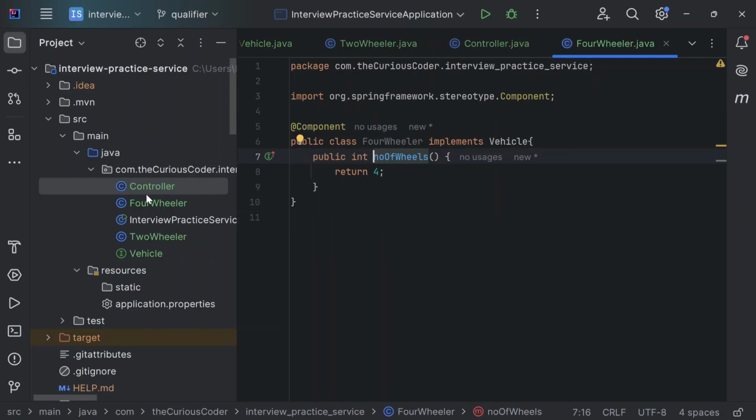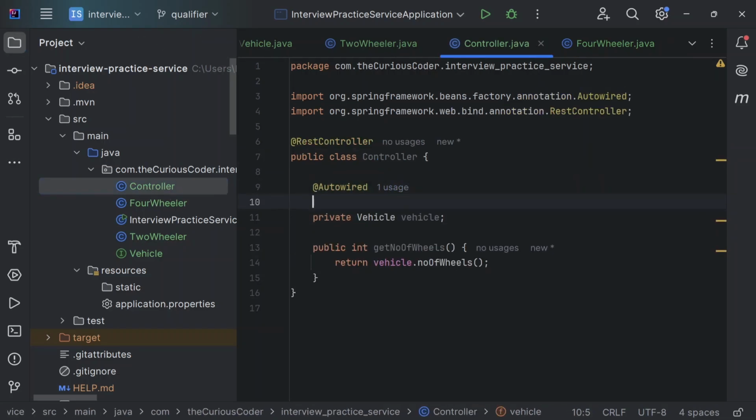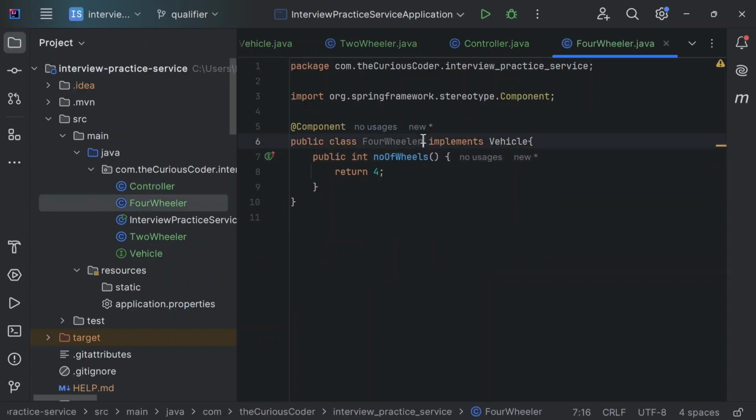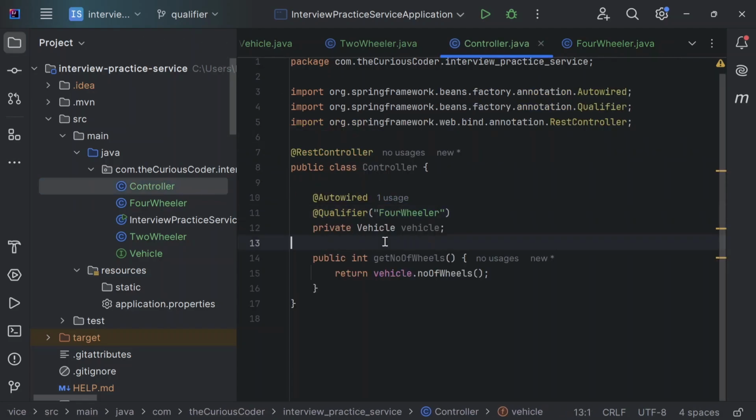So how to solve this? Here we'll use @Qualifier. It's very simple. I'll just add @Qualifier, and I will have to specify the bean name. I have to specify the particular bean which we want to use. So for FourWheeler, we'll just copy the class name and add it here. The only change I need to make is that I have to use it in camel case. So I'll add this qualifier annotation here, and now if I run it,